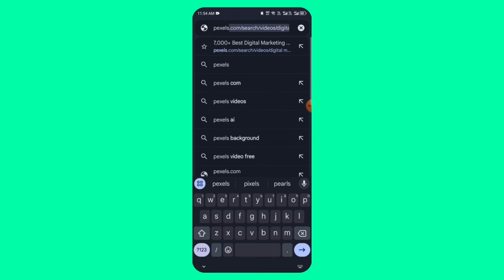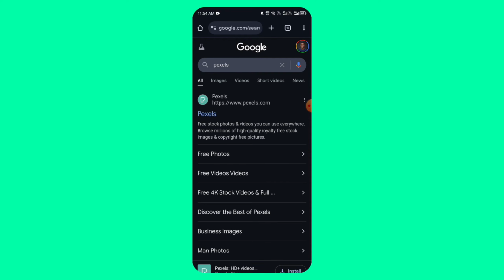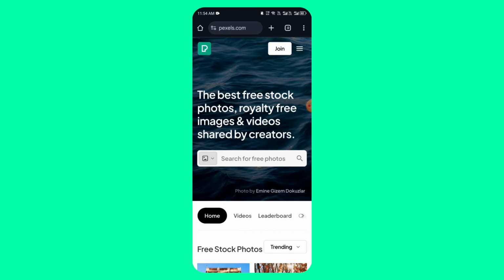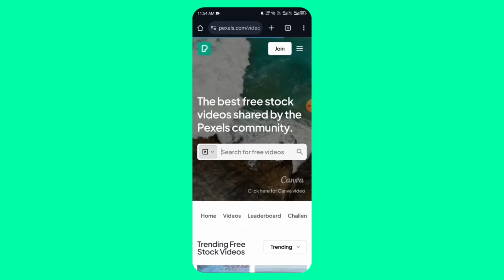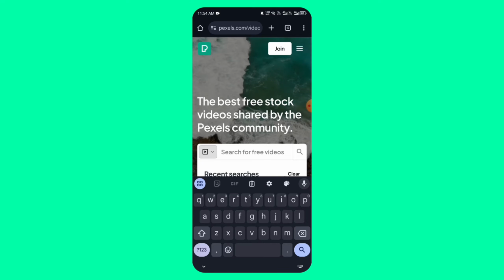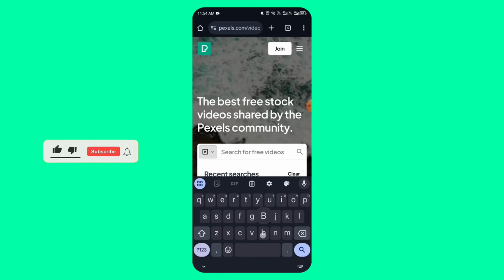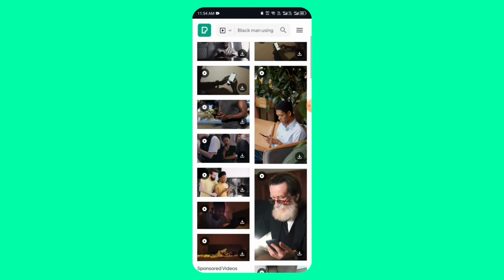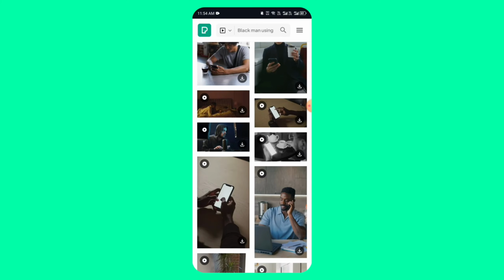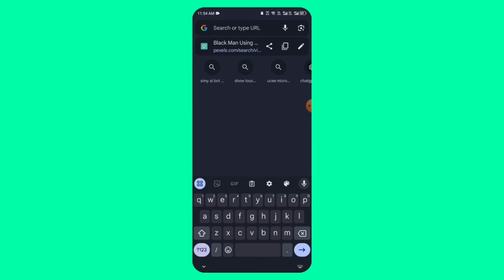Pixel. Just search for Pixel like this, then click on it here. Then you see videos. Click on videos. Then search for any video you want, but make sure that you input the right keyword. Alright, black man using smartphone. Search for it, then it's going to show different kinds of black man. So make sure that you use the right keyword. The first site you can use is FreePic, the second site is Pixel, and the third one is